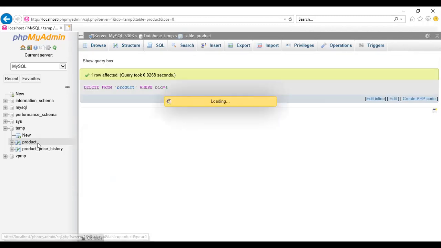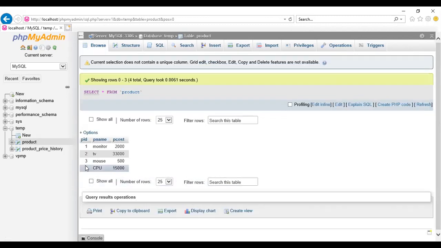Check the product table. See here, there is no product with ID 4, so that record was deleted. Now see the price history table; it must be deleted from this table also. See here, there is no record for PID equal to 4.